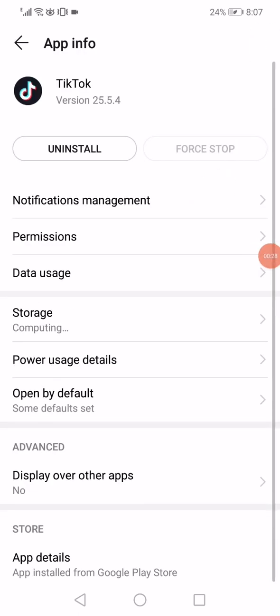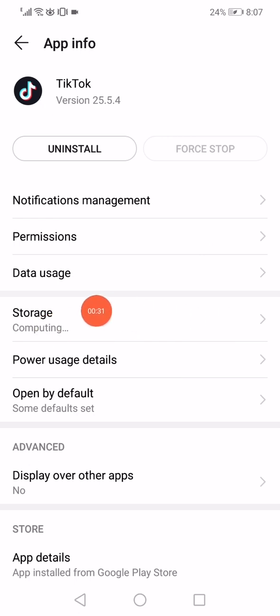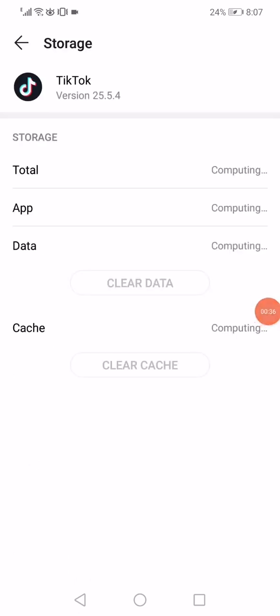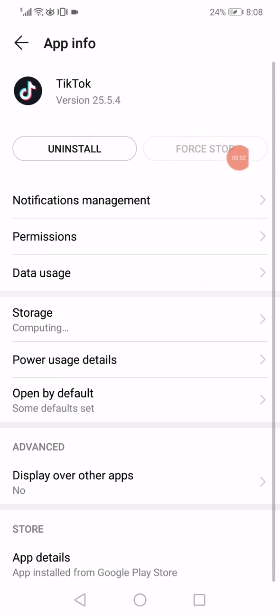Now what you want to do on this page is click on this storage option, or the internal storage. When you click on it, it will take you directly into this page. Now it will start computing the amount of data that we have, and after it gets finished, we have to click on clear data and clear all the data, and then go back, click on this force stop option,